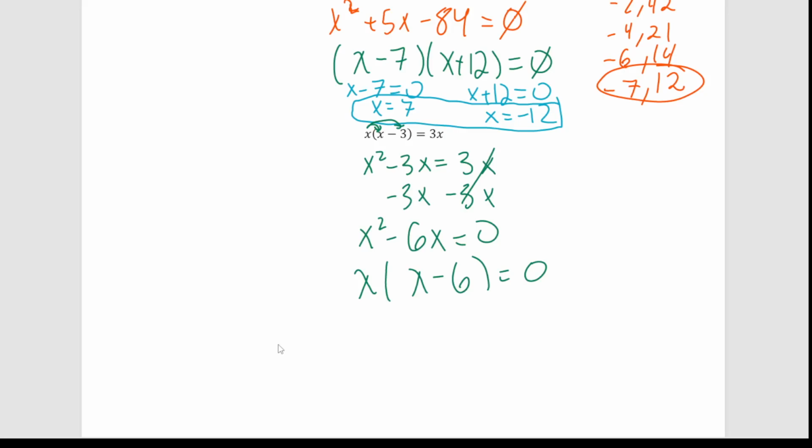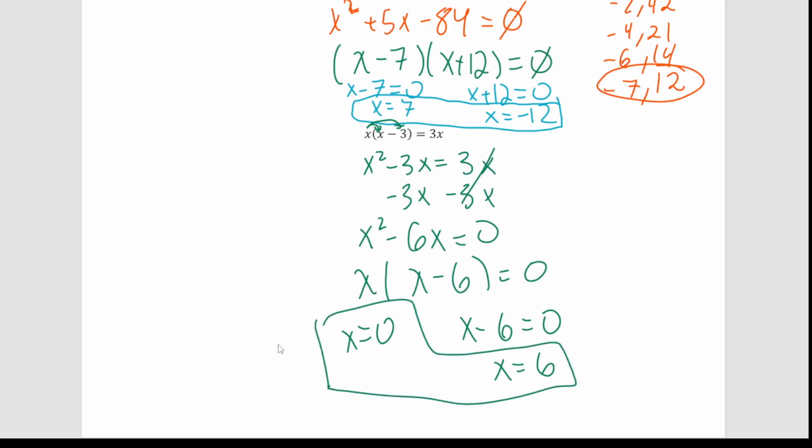Now I can separately set each factor equal to 0, so I get that either x is 0 or x minus 6 is 0. For x minus 6 is 0, I'm going to add 6 to both sides to get x is positive 6. So my final answer would be that x is equal to 0 and x is equal to 6. And if you were to plug that into the original, you would end up finding that that's true,